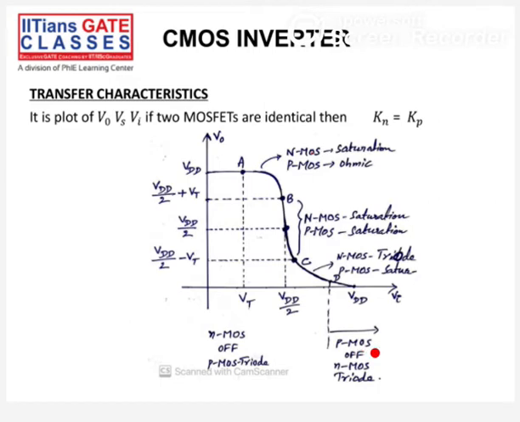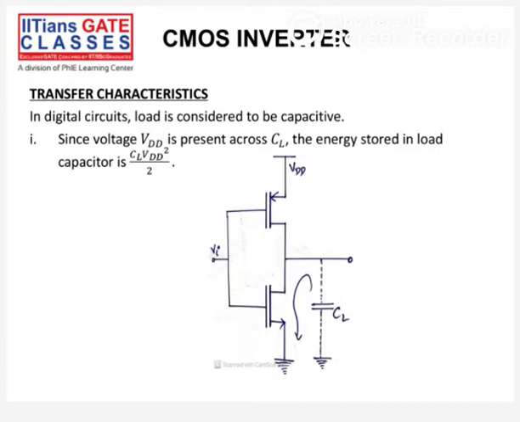So both transistors approach symmetrically from both sides, but at the center both transistors will be in saturation. Beyond these 2 points, one transistor will be in ohmic region and the other in saturation, and beyond the 2 points A and D, one transistor will be in off condition and the other in triode region. So it will be like this. Now I think it is clear.